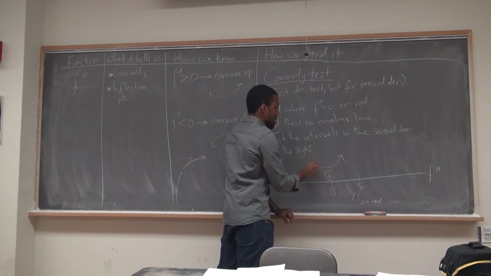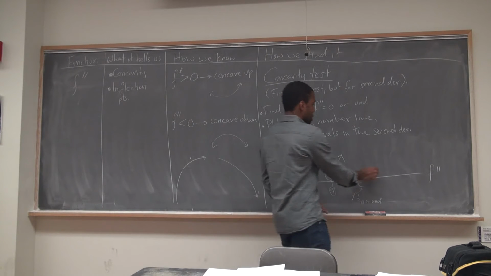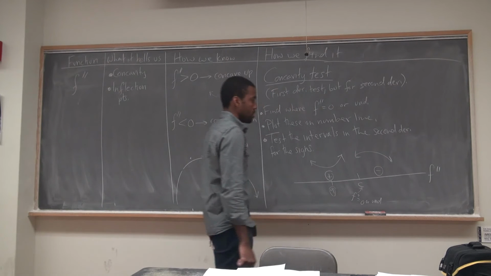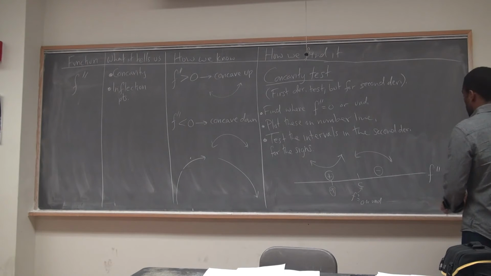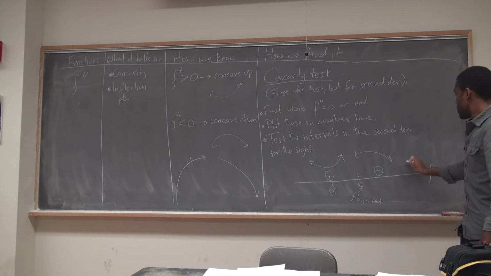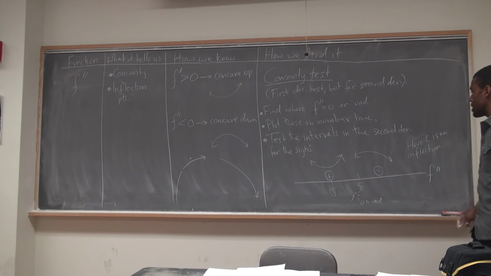That means the shape of your graph is this. There's a different interpretation of the sign here. Right? If you have a negative, this means concave down. And by the way, this would mean C is an inflection point. Remember, an inflection point is a point where you switch concavity, if f is continuous at C.